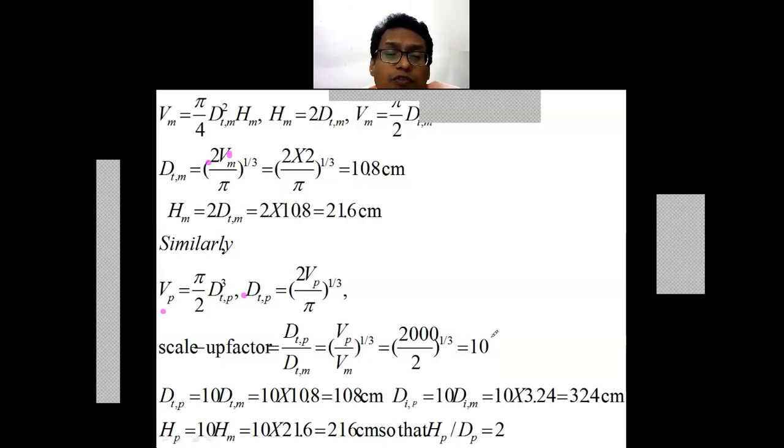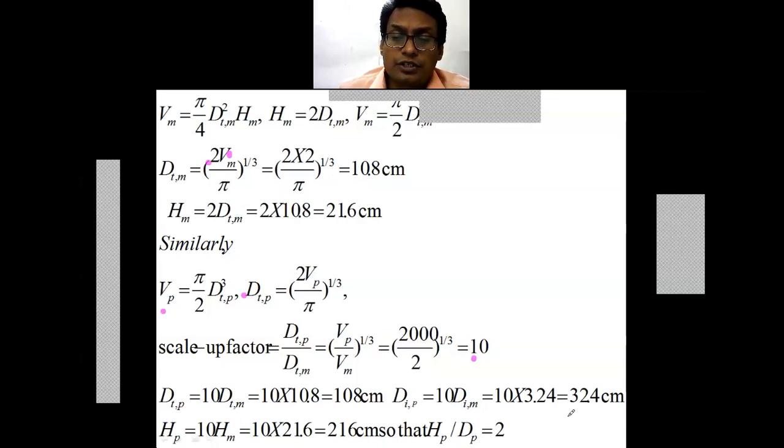So the diameter of the tank for the prototype is equal to 10 times the diameter of the tank in the model, that comes as 108 centimeter. Similarly, the diameter of the impeller in the prototype will be equal to 10 times the diameter of the impeller of the model, that corresponds to